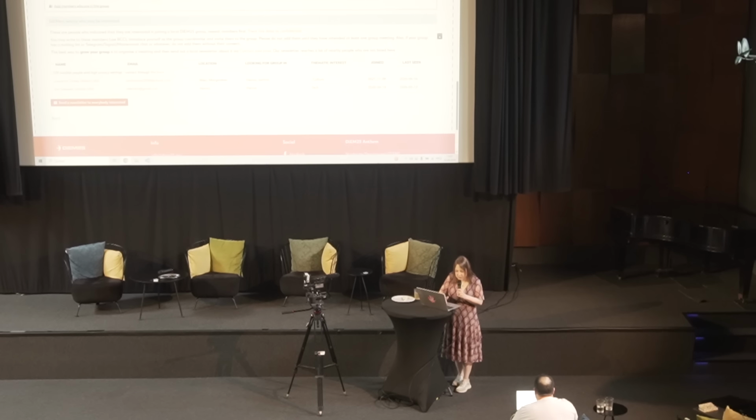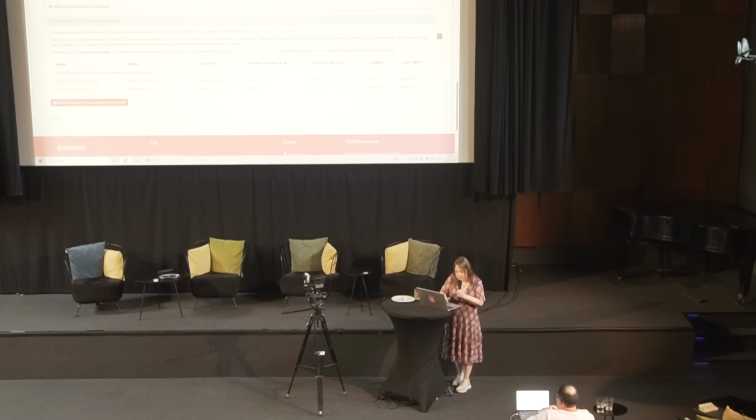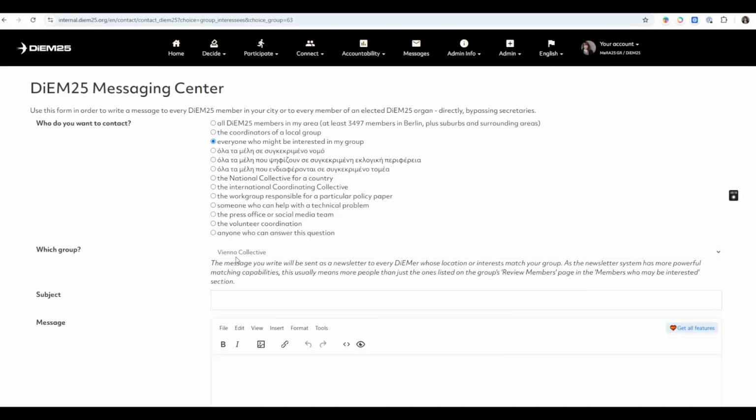You can see a few people that haven't yet decided to apply, but this is only a small number of the actual members that could be joining, because here you see 339 invisible people with high privacy settings who could also be invited to the group by using this form. In DiEM25 we really have to respect everyone's privacy, and that is why we cannot show people if they indicated my visibility is only to the admins, or only to group coordinators, or my visibility is public, I want to be in search engines as a DiEM member.